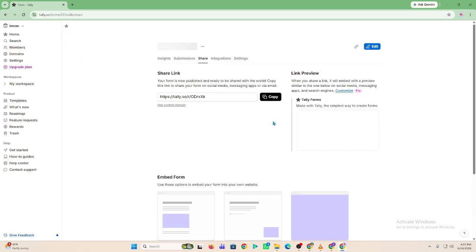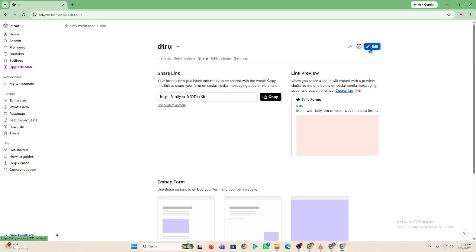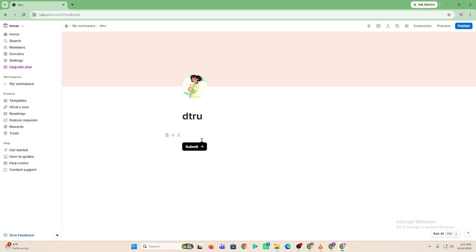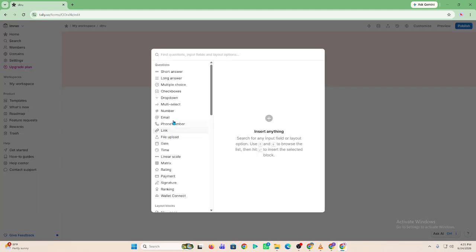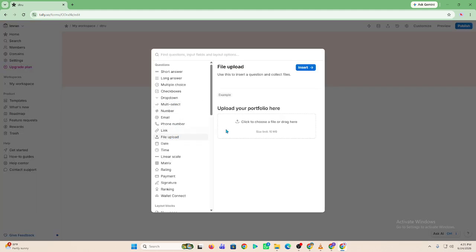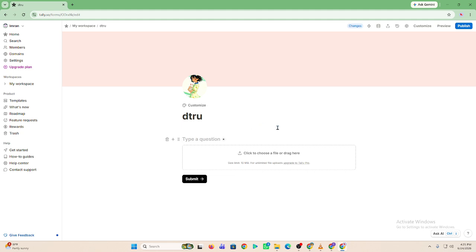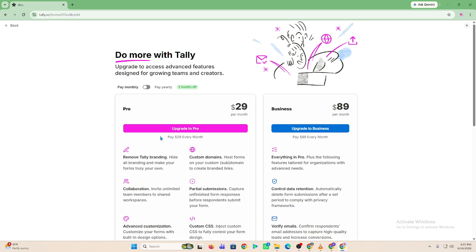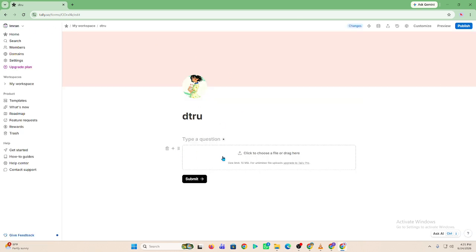Next, click on Add Block inside the form editor to insert a new field. Now choose the File Upload option from the list of available field types. You can now configure your upload settings, like allowed file types, maximum file size, and number of files users can upload. If file submission is necessary, turn on the required option so users cannot submit the form without uploading a